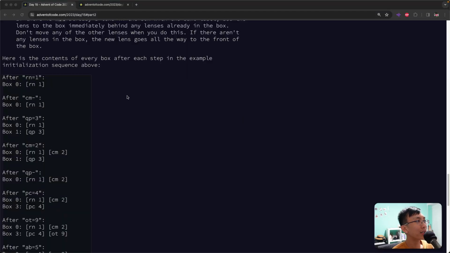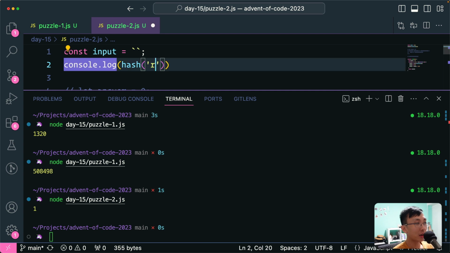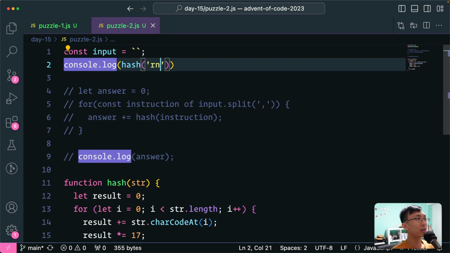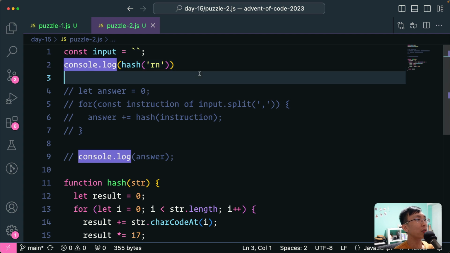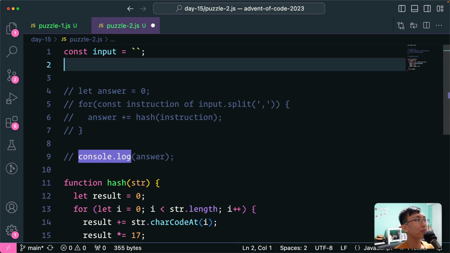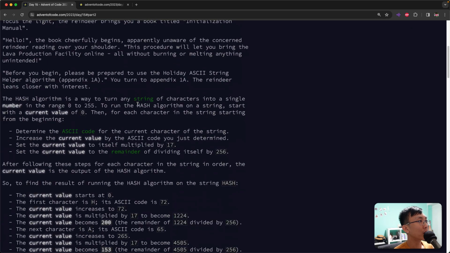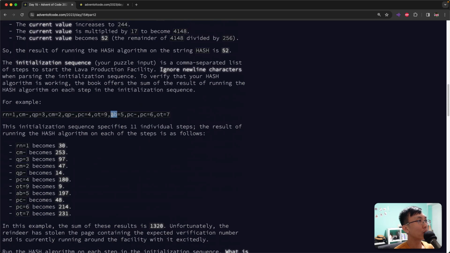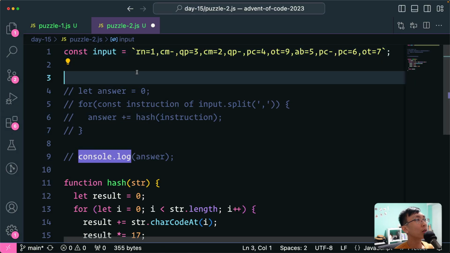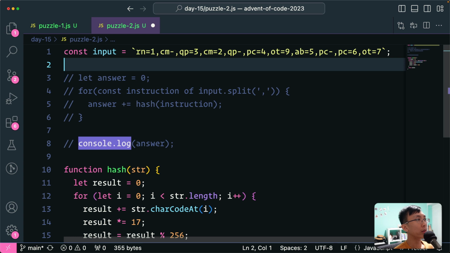Okay, now I understand it more now. So if I go with Rn, this goes to box 0. Okay, so now I understand very much easier now. So I guess now what we need to do is, this is our instruction, right? Let me copy back the instruction from the example, right? And then